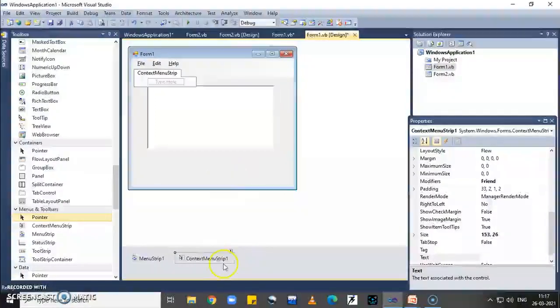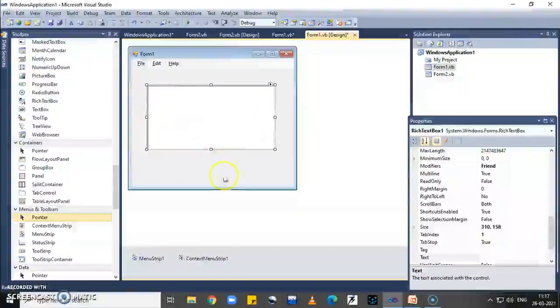Here the ContextMenuStrip1 control is placed in the form at the bottom of the page. To create the context menu strip, I write some menu items, for example cut, copy, paste. So here I write cut, then copy, and then paste.